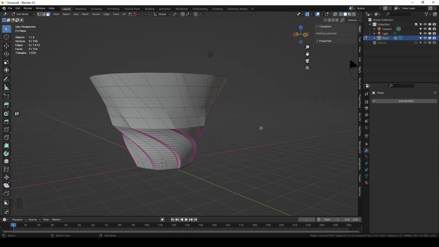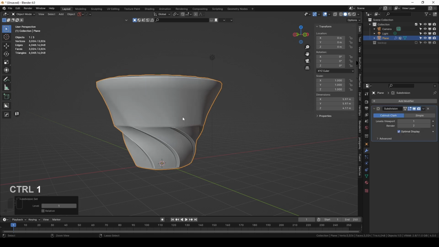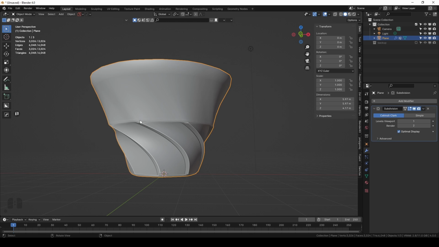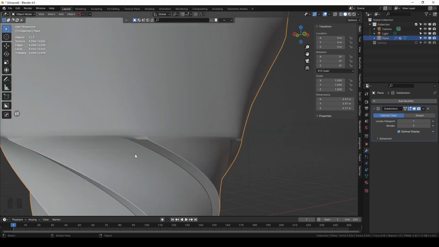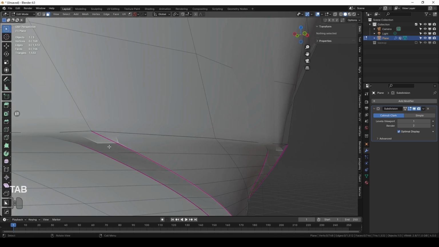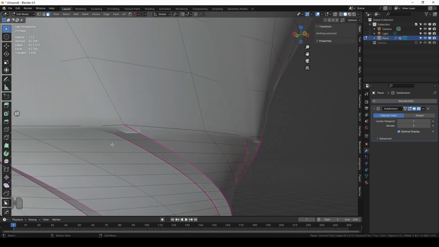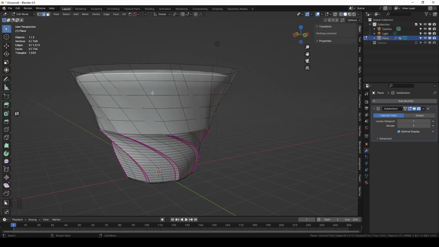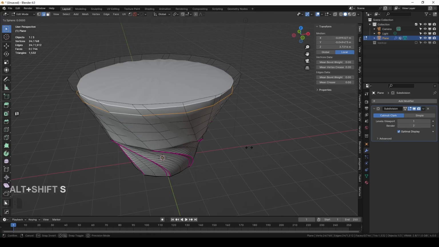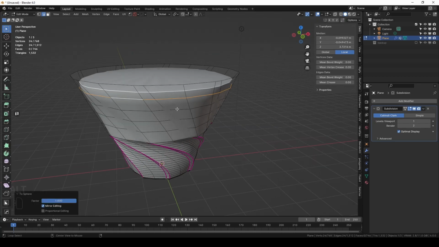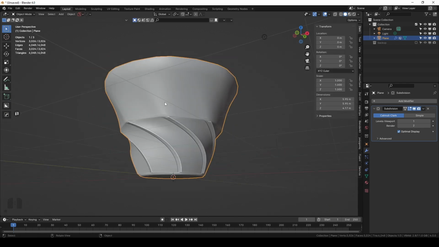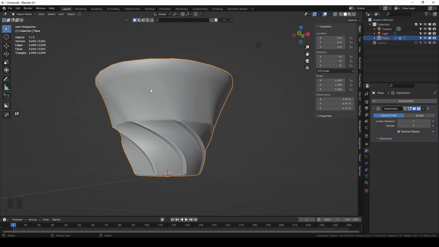I'm adding a subdivision surface modifier here by pressing Ctrl 1 in object mode, and what I notice is we have sharp edges and we have a sharp cut here, but we can fix that later with the bevel shader. It won't be as noticeable in the render. What you could do is to add more roundness to the top edges by selecting one of these rings, pressing Alt Shift S, and smoothen it out. Maybe this one too, Alt Shift S, to have a better transition between the sharp edges